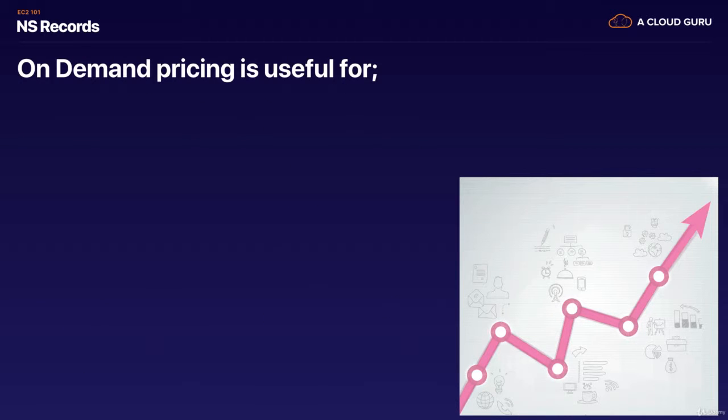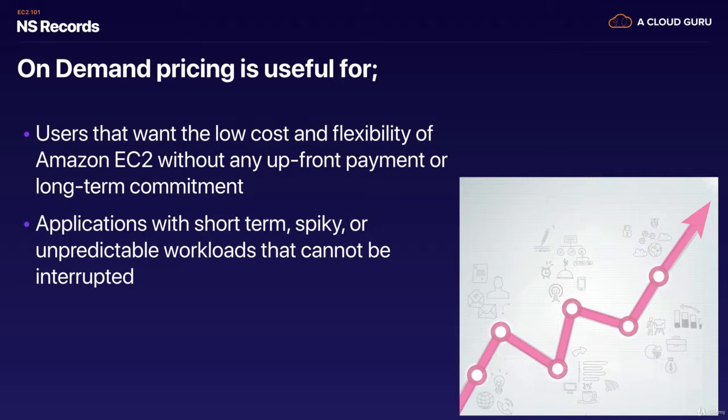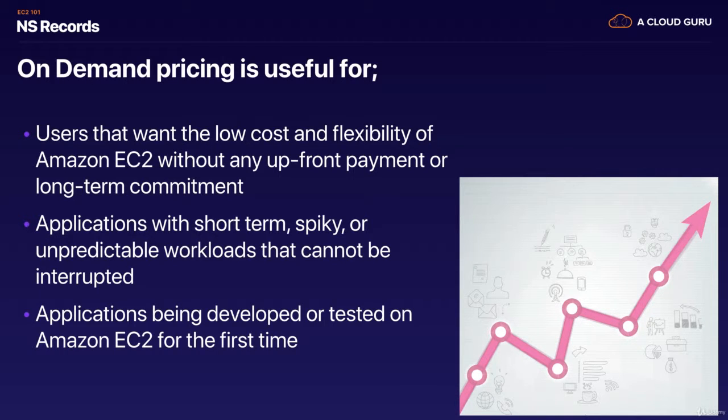So we'll start with on-demand, and on-demand pricing is useful for users that want the low cost and flexibility of Amazon's EC2 without any upfront payment or long-term commitments. It's also good for applications with short-term, spiky, or unpredictable workloads that cannot be interrupted, and applications that are being developed or tested on Amazon's EC2 for the first time. And we're basically going to be using on-demand for the rest of this course. So we're going to provision our EC2 instances, and then when we're finished, we're going to go in and terminate